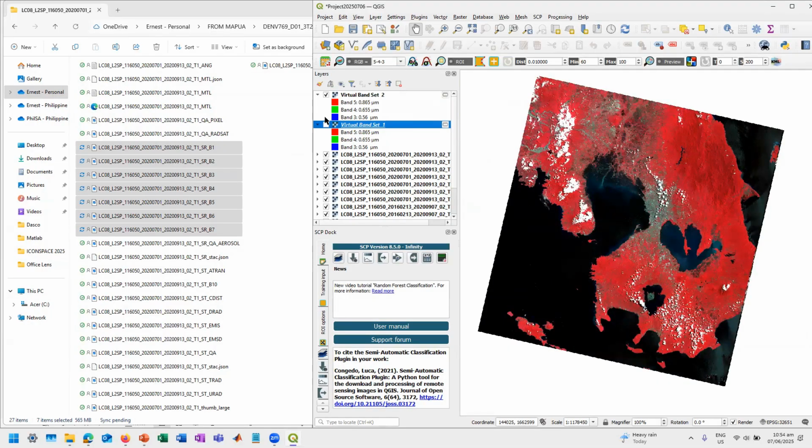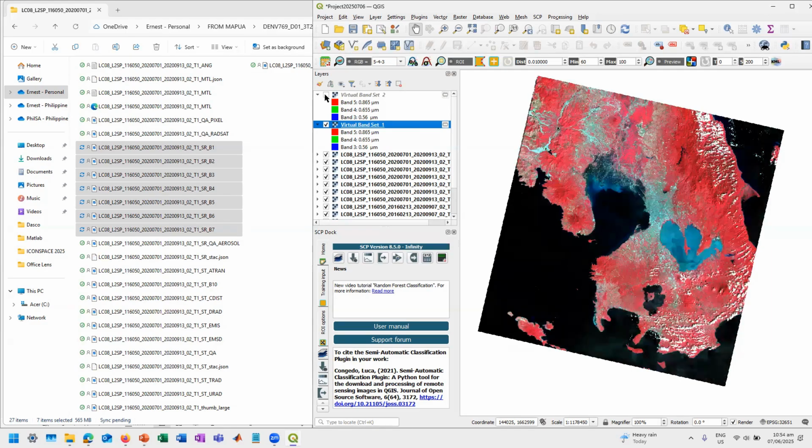Okay. Of course, there are changes. There are big changes here. Why? Number one of the things that you would consider is the time at which this image was taken. Because there will be times that the angle of illumination will be different, so the brightness is different, but the feature should look more or less similar.